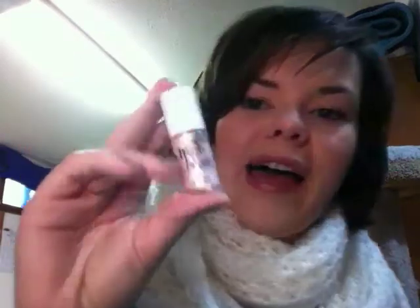Alright, and then the other cheek favorite I have is a highlighter. I got it in a little sample pack from Benefit, and it is Benefit's High Beam. It was in this cheeky minis sample pack, and it came with Benetint and Posy Tint, which I haven't really used as much, because I don't use lip stains and cheek stains a lot, so I'll have to try them out a little more. But I loved this. It's a really bright, really shimmery, champagne-y pink